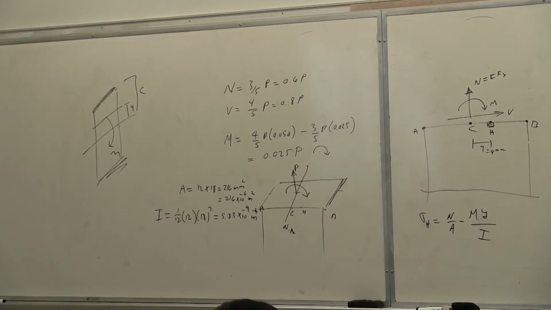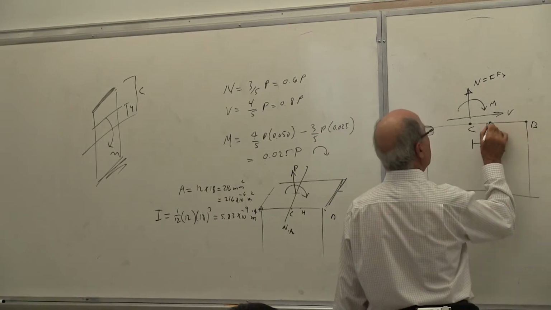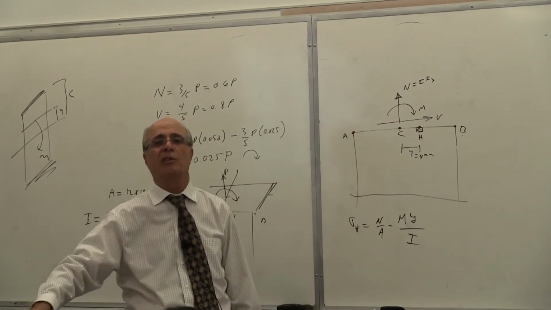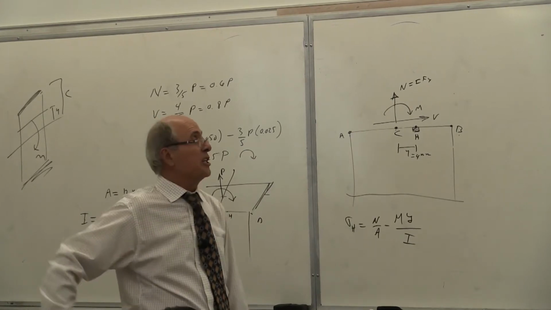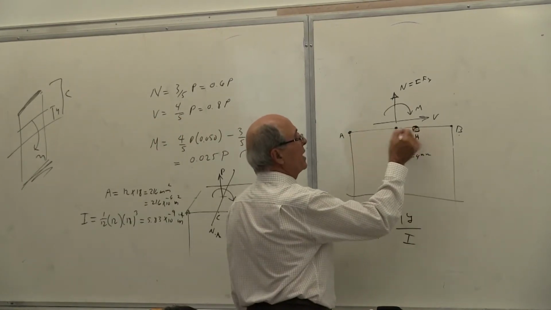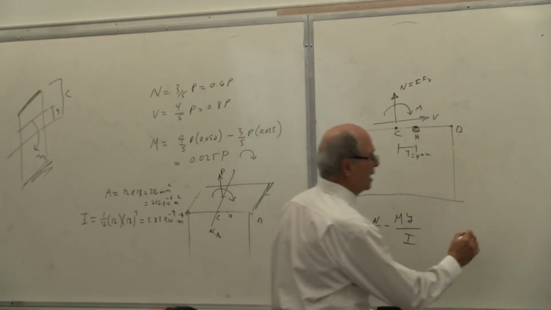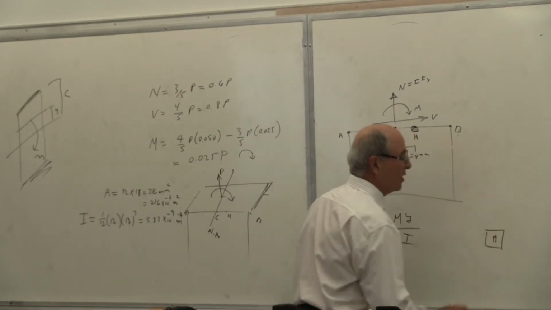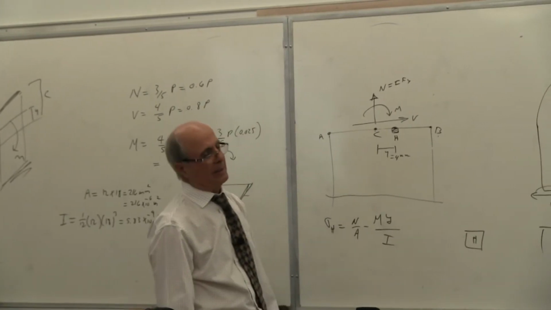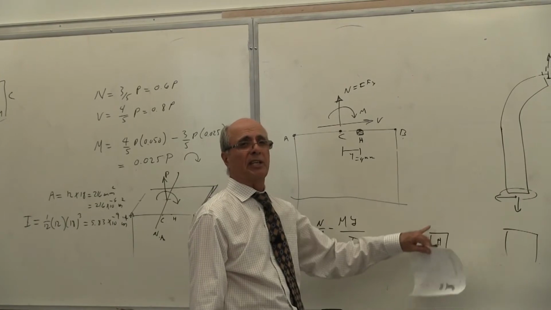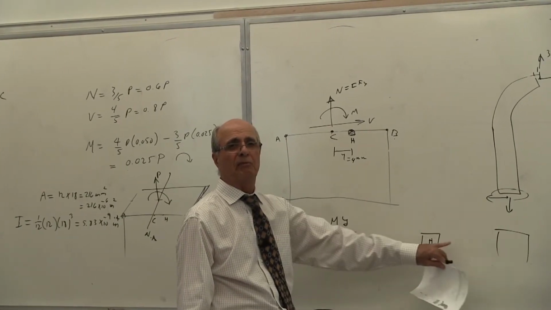Yes or no? Now, everybody knows the sigma, because now if I put my gauge here, or here, or here, or here, I read a different result. Is that correct or not? My gauge was at this point. That's why you are finding the stress at that point. Yes or no? And the stress at that point, right now at point H, now I ask you to plot it. Come on, guys, give me a break. How many people put here forces there? They put 4/5 of P here, 3/5 of P there.